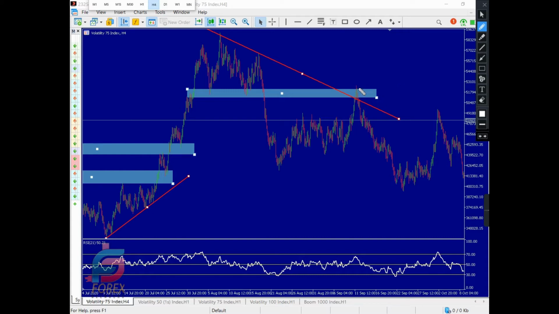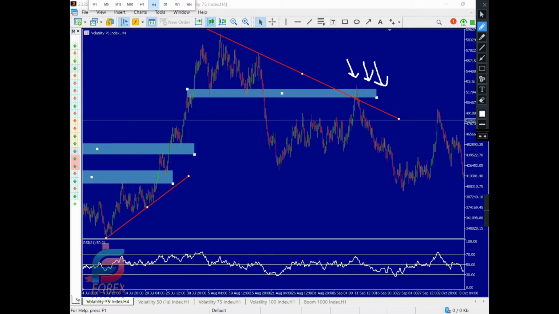Once it reaches that level, we need to enter now. So we need to sell this. Selling pressure is coming in now. We need to sell this. How are you going to enter this trade? There are two ways. You can enter using price action, or you can enter using an indicator. For our case, we usually use